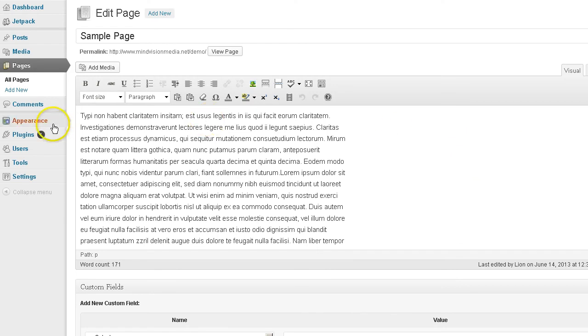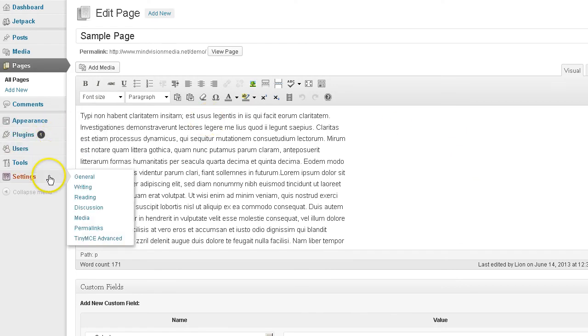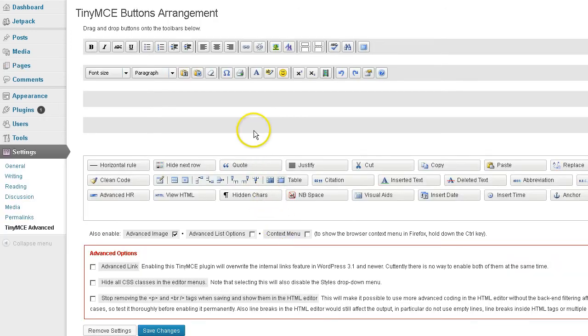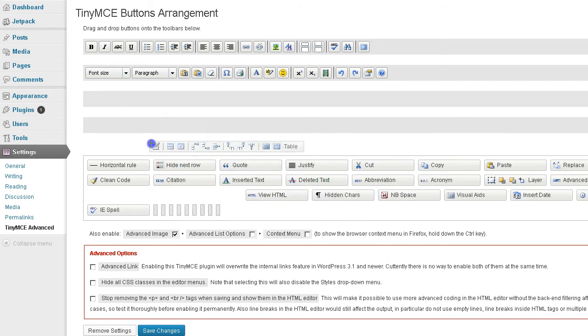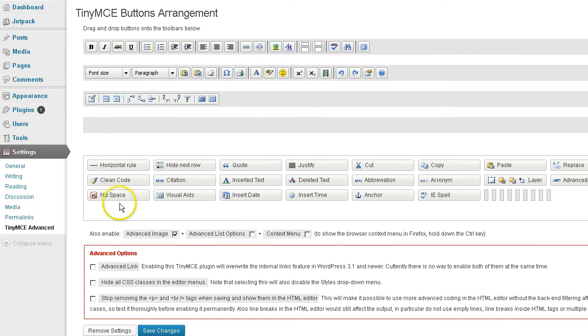And first we need to go to our TinyMCE Advanced plugin in our dashboard. And what this represents are the current buttons available inside your post or page editor. And what we're going to do is drag in a couple of more. The plugin gives you more options to drag into your toolbar. Alright, so for instance, we can drag in some tables. I can drag in,